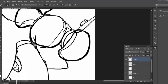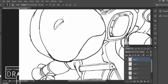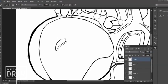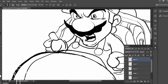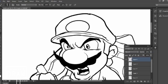Yoshi has a tail, so I put that way back there. And then what I'm doing here is what I do, and you've seen this in a lot of my drawings too, the 1, 2, 3 method. If something's coming in front of another, I'll put a darker line around the contour. When I put a slightly darker line, it makes things slightly pop forward,